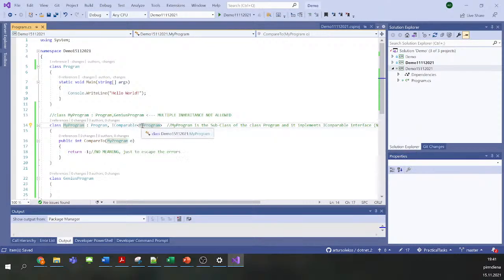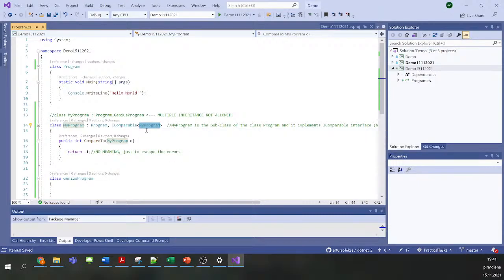And in this case, I say that it will be comparable to MyProgram, because in practice we can also have a situation where we compare two different object types. For example, maybe we can compare a character to an integer. I'm not sure what we can compare, but let's say we can compare two different types.